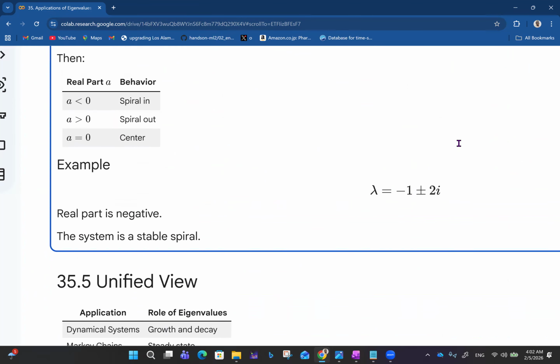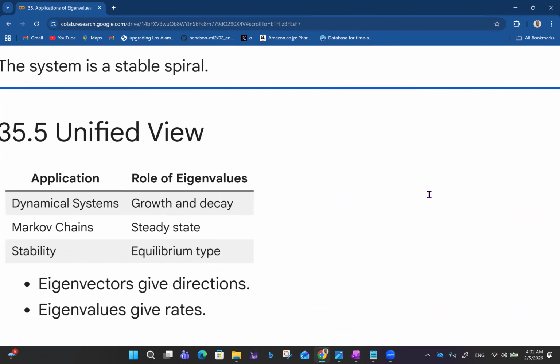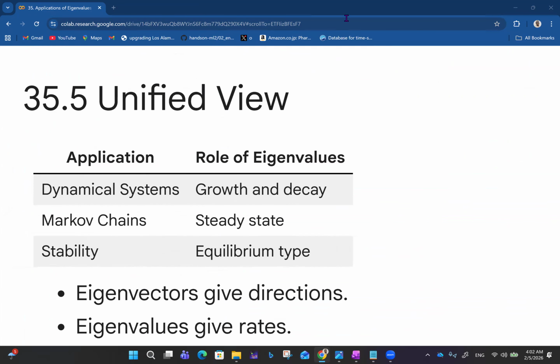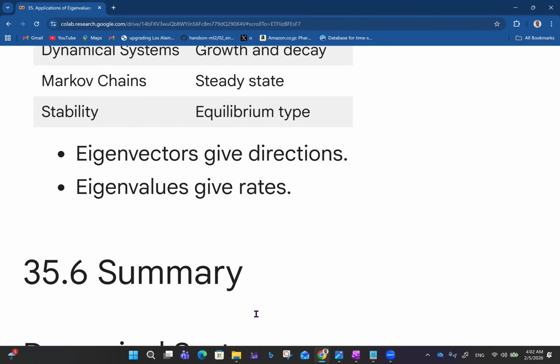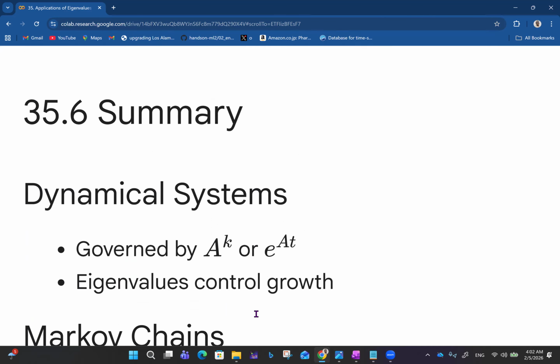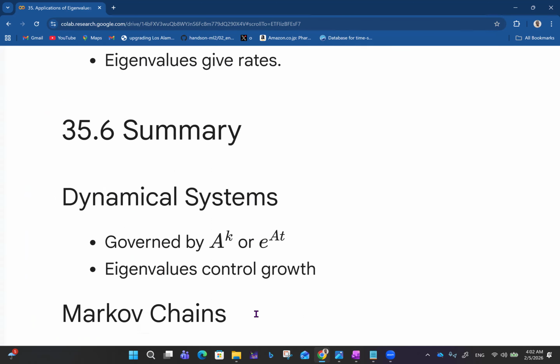So we can have a unified view then. For dynamical systems, eigenvalues determine whether the systems grow or decay. For Markov chains, eigenvalues determine steady state. For stability, eigenvalues determine the equilibrium type. So we see that eigenvectors give directions while eigenvalues give rates. In summary, we see that for dynamical systems,